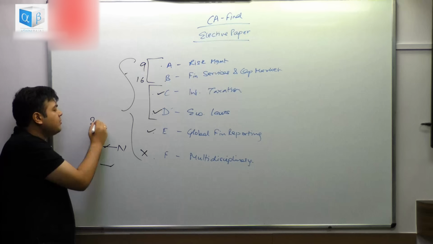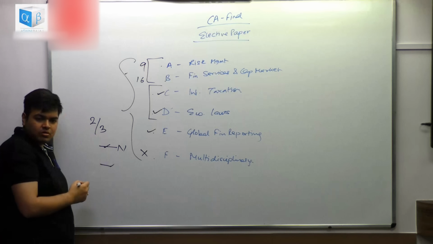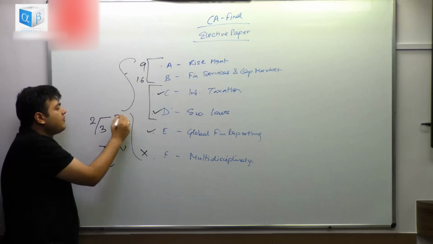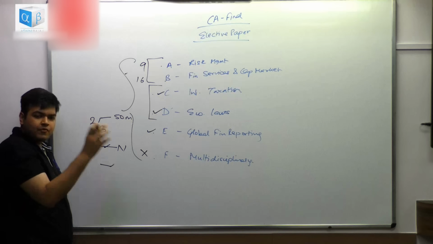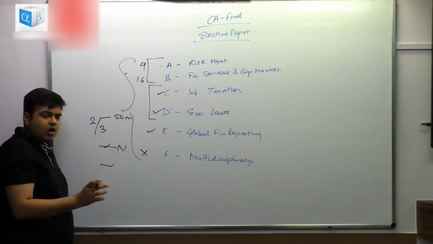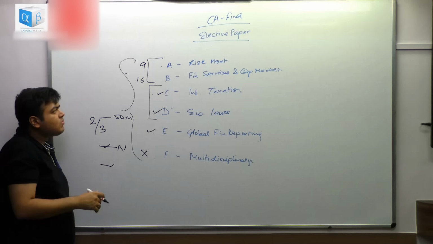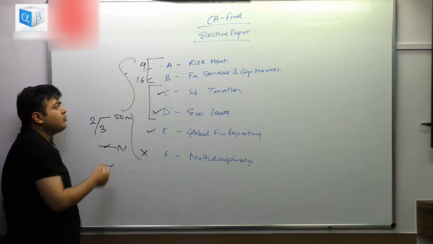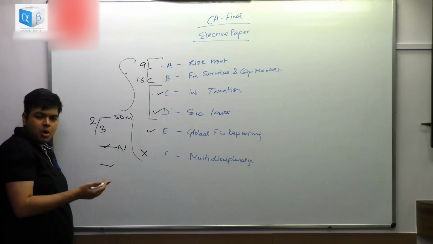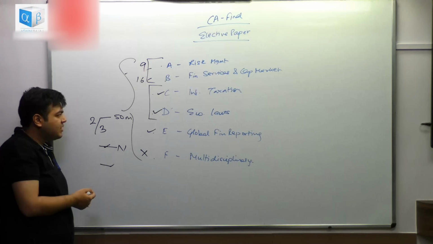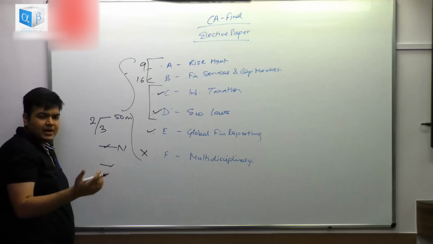Ideally, the paper is going to be having 2 out of 3 case studies that you need to do. Each of the case studies is going to be 50 marks each. So you have a 50 mark, 50 mark, 50 mark, 3 questions, out of which you'll be cracking 2. In detail, I've gone through the exam papers as well as the mock papers that are there on the institute's website. RTP was not provided for May 2018 term.